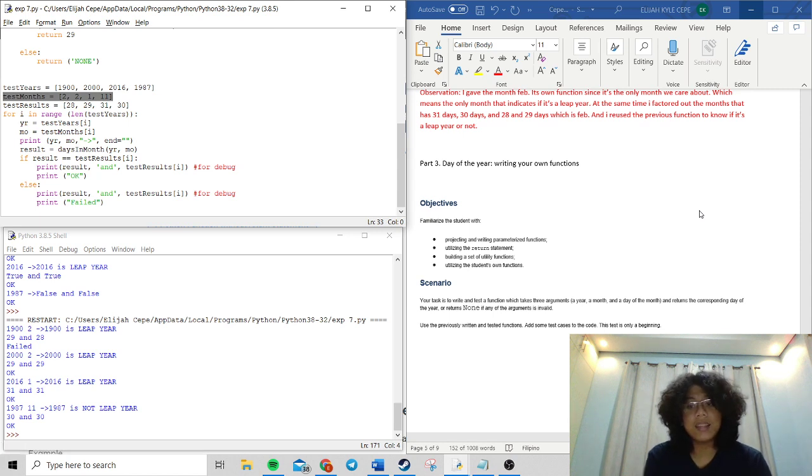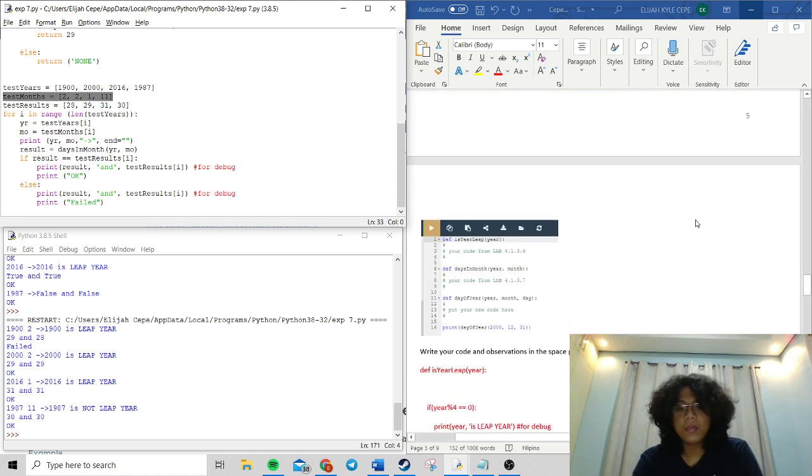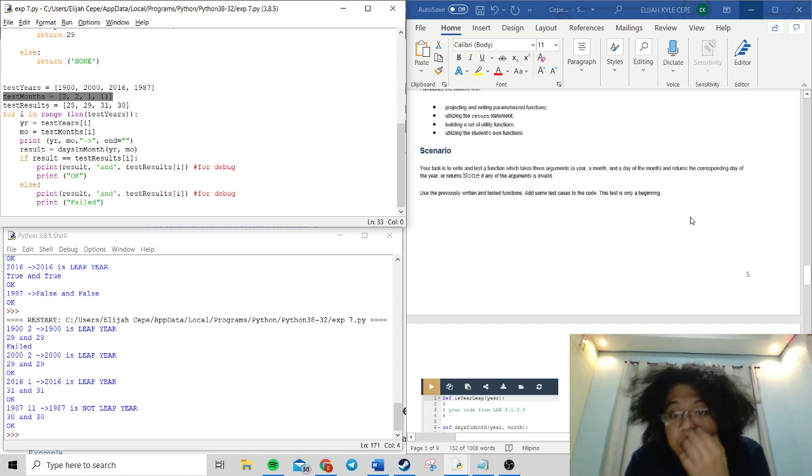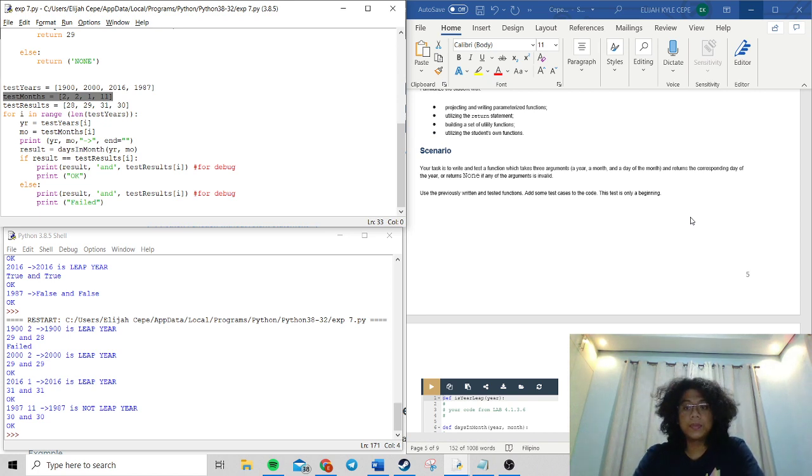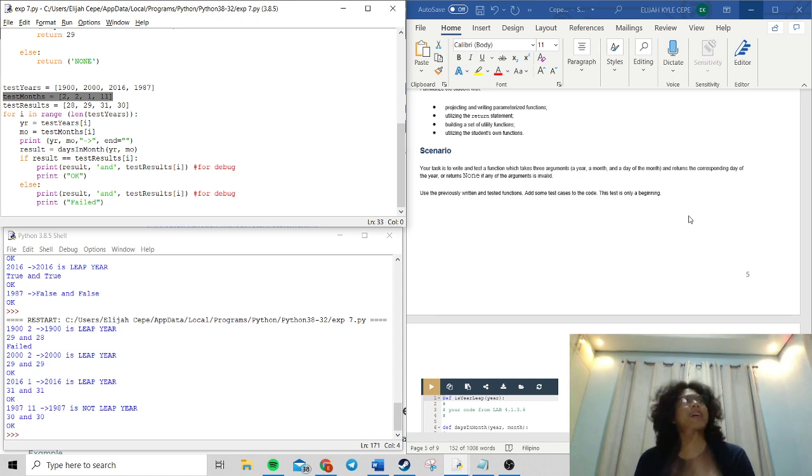Add some test cases to the code. This test is only a beginning. So, in this case, we have to do a code. This is how I understand it. I have to do a code which gives out the year,